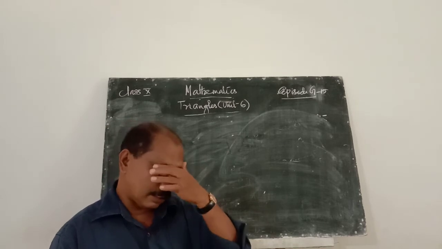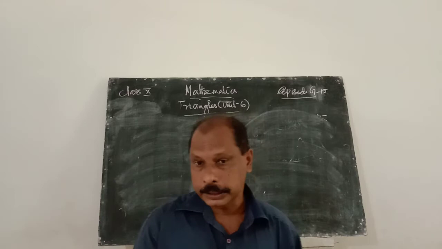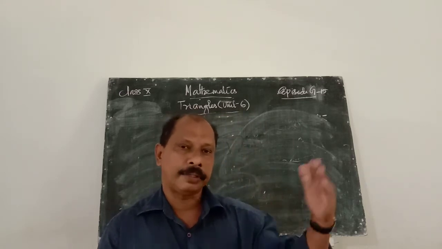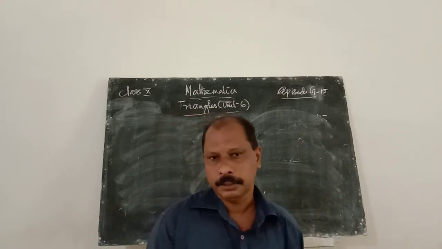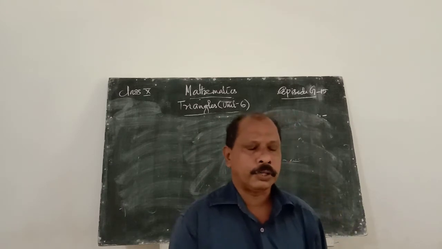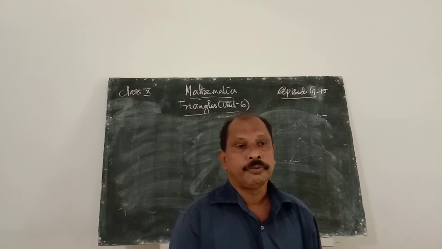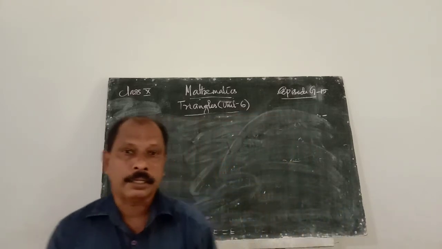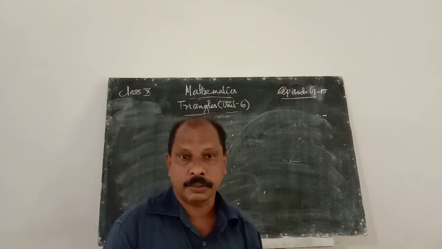Then by construction, draw DE' parallel to BC. Therefore, by the basic proportionality theorem, AD by BD is equal to AE' by CE'. That is equation number 2. We know that for equation 1, AD by BD is equal to AE by CE, and for equation 2, AD by BD is equal to AE' by CE'. The left sides of these two equations are equal, therefore the right sides are equal.